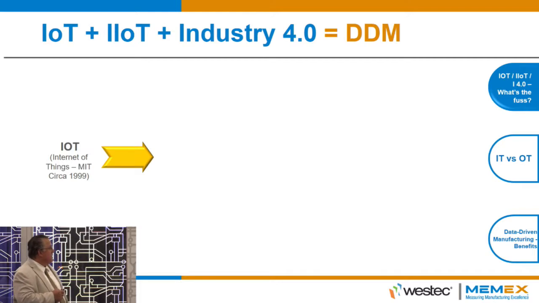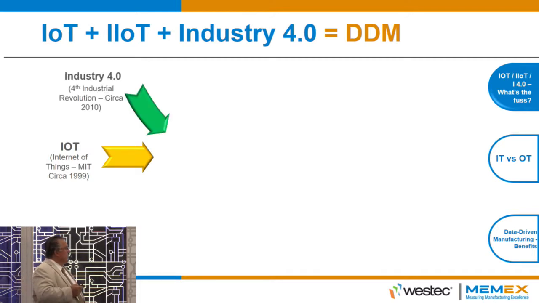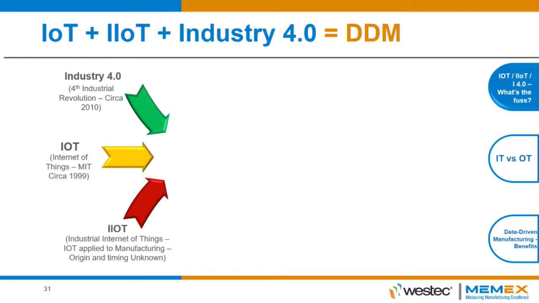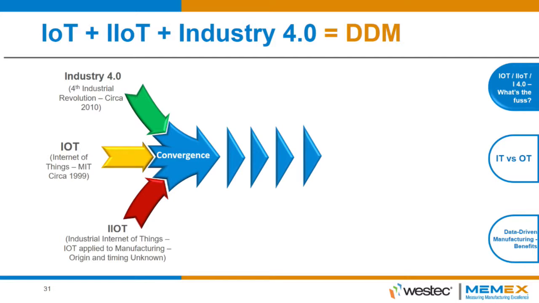IoT was coined by MIT in 1999-ish. We have Industry 4.0 from the German government circa 2010. I tried to find a stat on this one. Cisco said they coined it, GE said they coined it. I don't really care actually, but the point is we have these three concepts that are kind of competing for people's attention. So we think there's been a convergence, or we would like you to think that there's been a